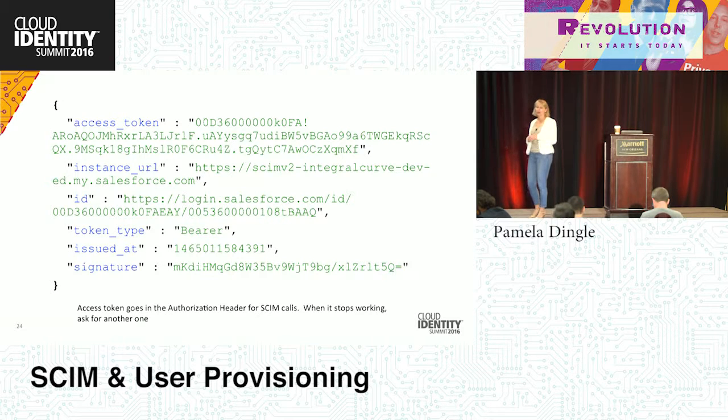So any SCIM endpoint you interact with that is going to be protected by OAuth 2, this is the thing you want. Okay, there are various flows for how you get to the point where it returns you a JSON blob like this. It might pop a browser, it might redirect you to an IDP, it might do multi-factor authentication. All of that stuff is separate. As someone who just wants to use SCIM, this is the thing that you care about. It comes back and you use it in your authorization header. Are you guys having success with that? Is that working for you yet? Okay, I'm going to keep going, and we can stop in a bit and see.